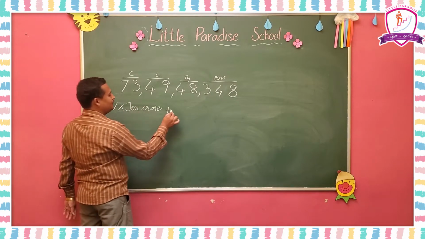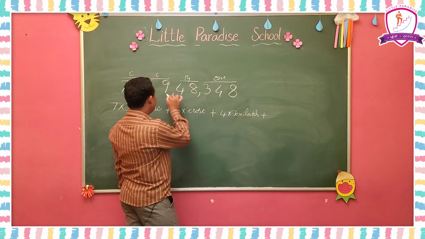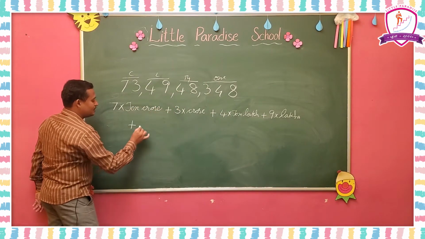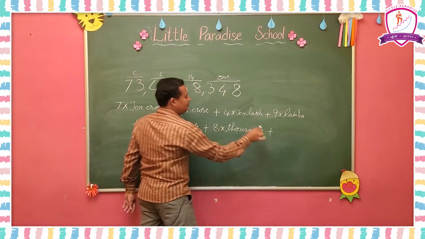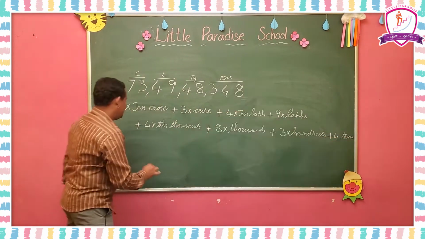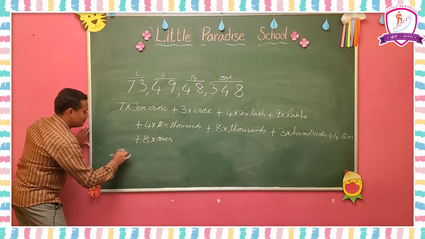Next 3 is in crores place, 4 in 10 lakhs place, 9 in lakhs place, plus again 4 here, 4 in 10 thousands place, 8 in thousands place, 3 in hundreds place, plus 4 in tens place, plus 8 in ones place. Write 7 into 10 crores